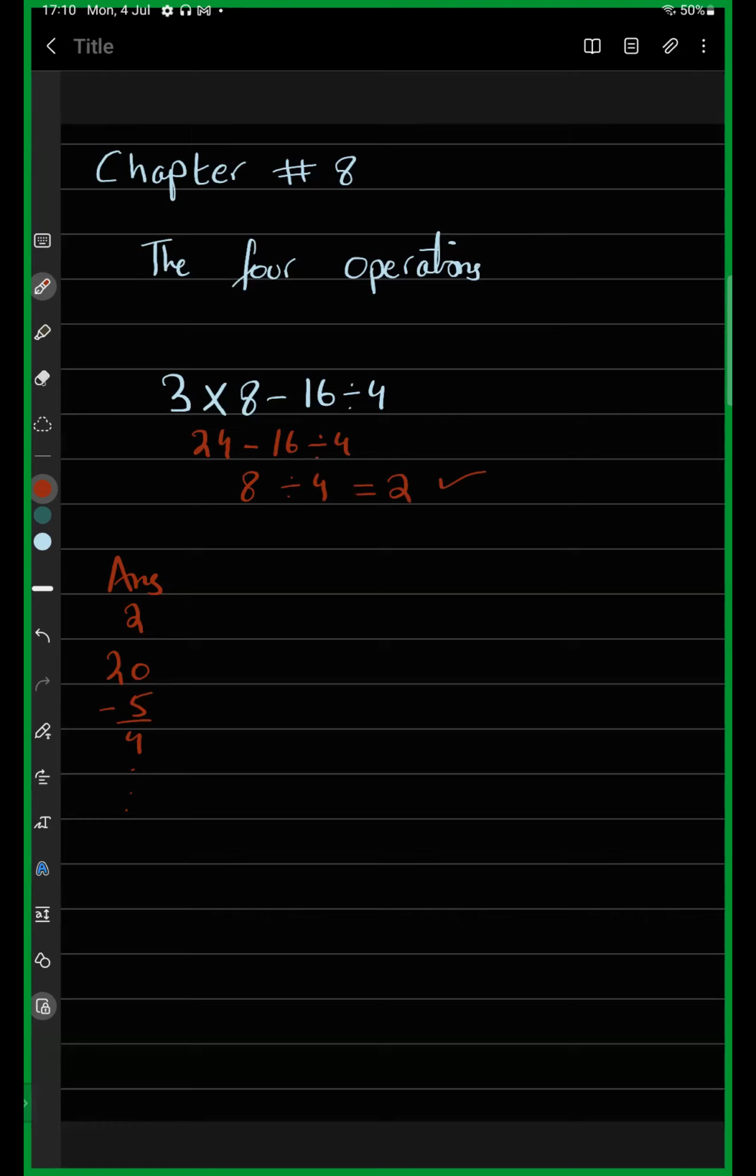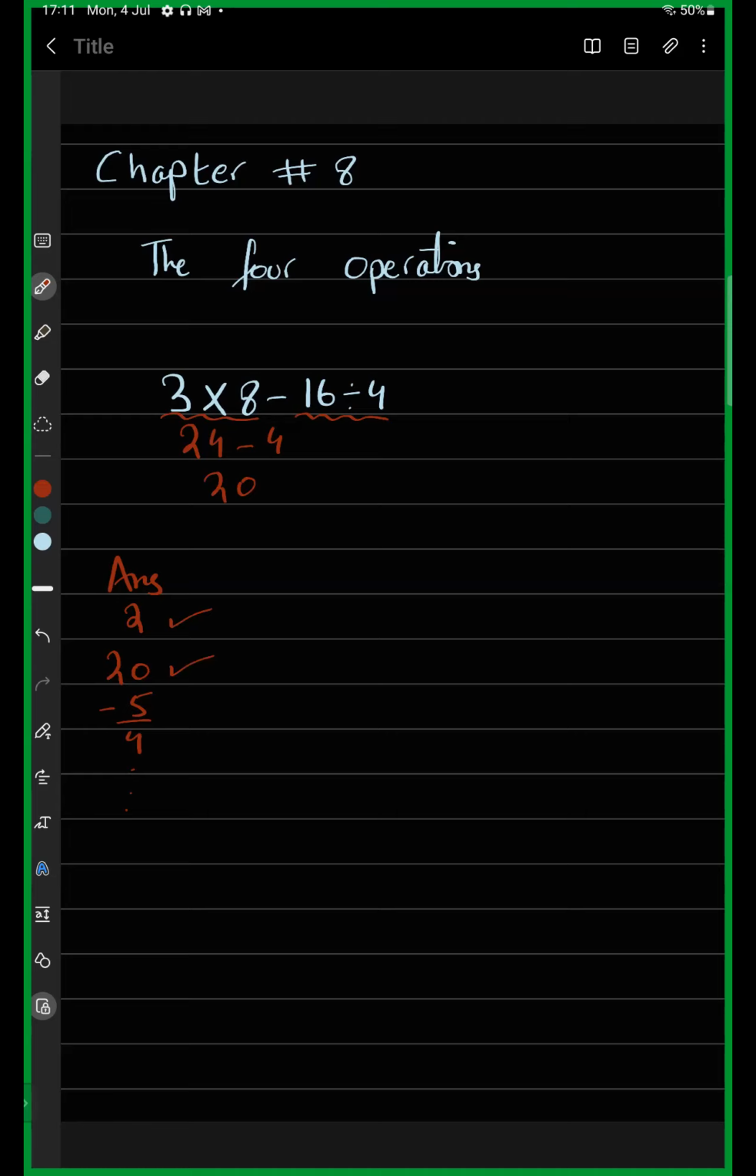What if I do it some other way? Let's say 3 multiplied by 8 is 24. Then minus, and then 16 divided by 4 is 4. First I solve this: 3 multiplied by 8 gave me 24. Then I did 16 divided by 4, it gave me 4. And now I have 24 minus 4, and that is 20. So this was also correct. This is also correct. So how exactly do we know which operation has to be done first